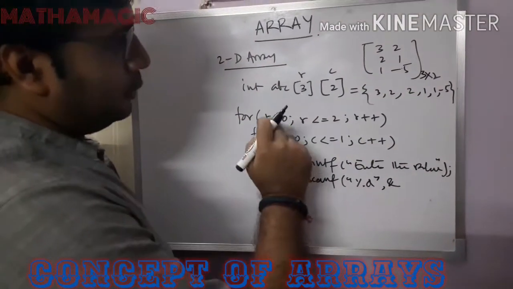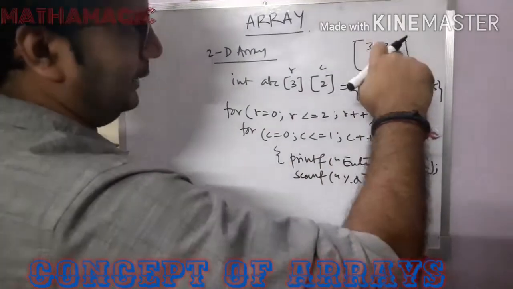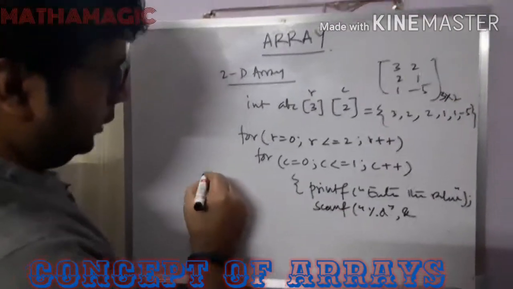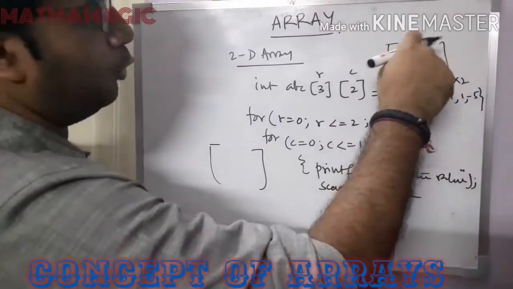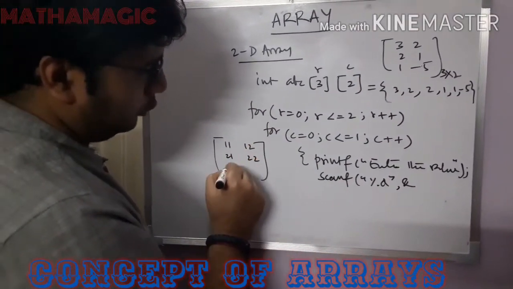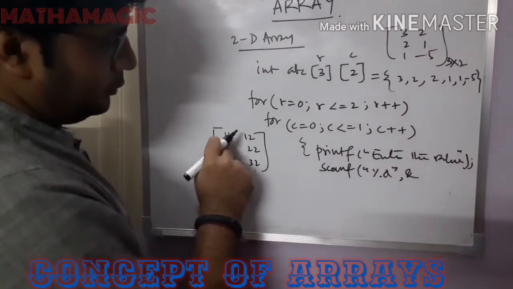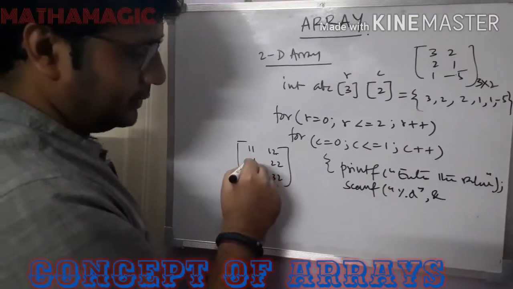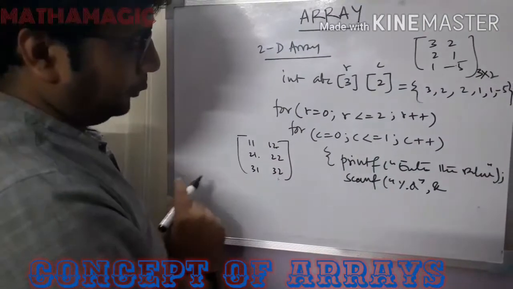We are trying to enter the value just like this, right? In order to do that, we have seen that if we just write down the row and column number, it will be 1 1, 1 2, 2 1, 2 2, 3 1, 3 2. This is the first row first column element, that is 3 here. This is the first row second column element, this is the second row first column. I am writing the column and the row name for this one.